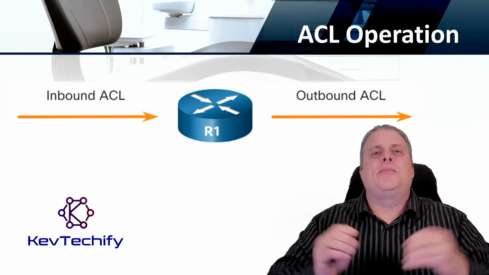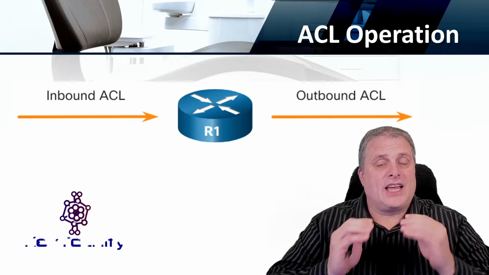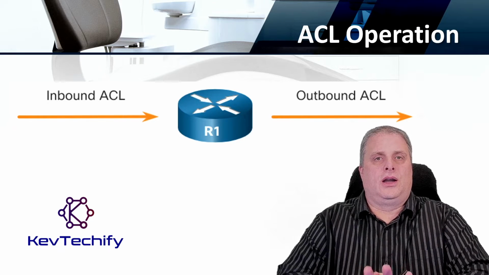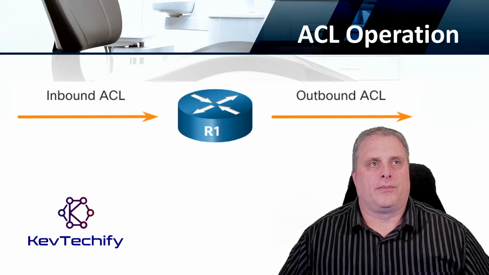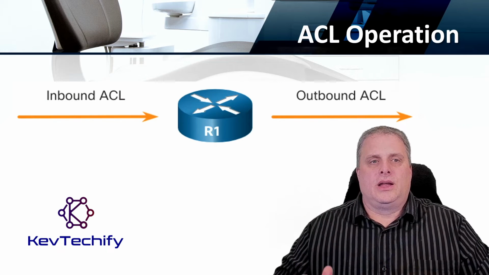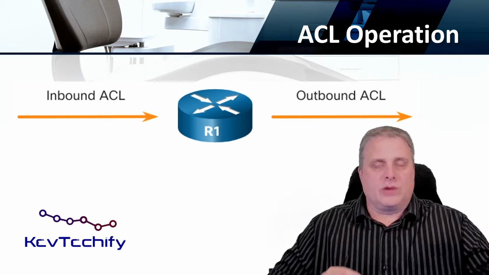But when we put an inbound ACL, traffic has to go through that ACL first. It has to be permitted to go through that ACL. Then it'll go to the router, and then the router can do its routing functions and send it on its way. An outbound ACL, the traffic comes into the router, routes it, so it comes in one interface, goes